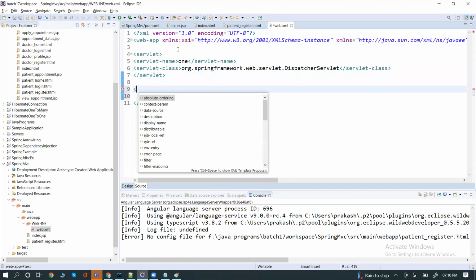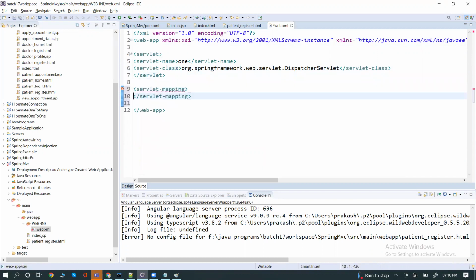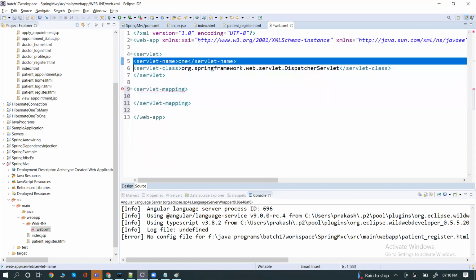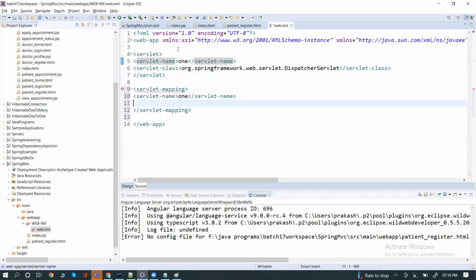And next, servlet and servlet mapping tags will be there. So here the servlet name will be common. And what is the next thing you have? URL pattern. So what we write here in the URL pattern, just say slash, that's it. So the first URL it will execute, it will go to that particular